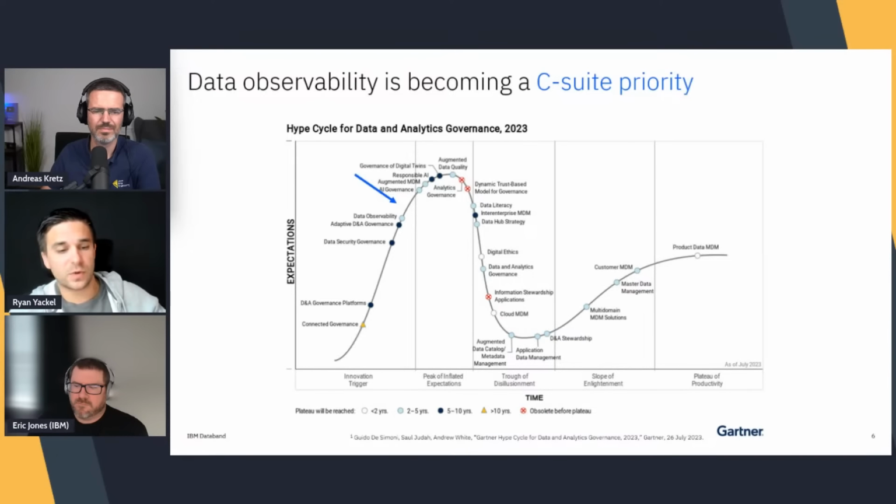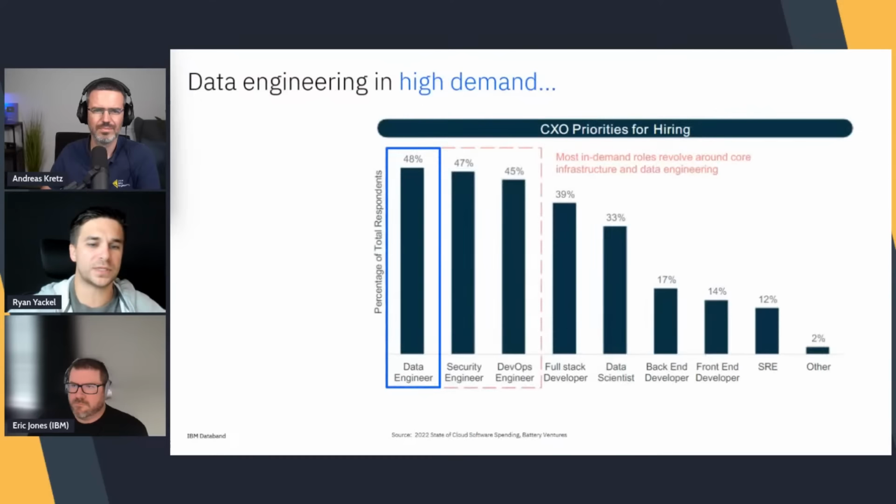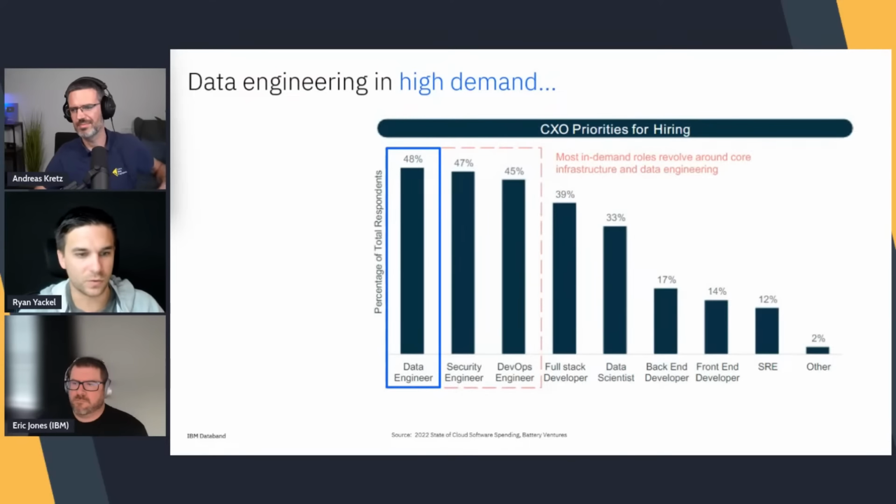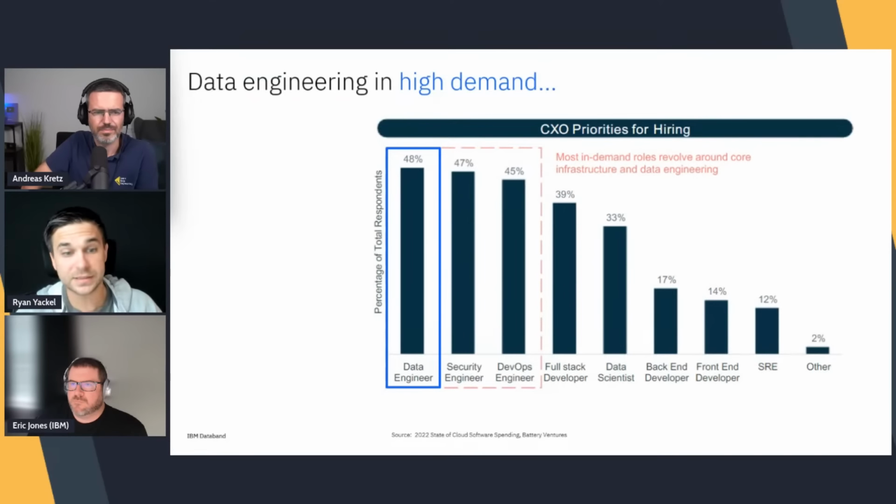And one of the reasons why we know there's an observability problem is because there is a lot of focus on data engineering that's in high demand. This is a report from the State of Cloud Software Spending by Battery Ventures, and you'll notice that back in 2022, the highest priority for CXOs to hire was a data engineer. It was even higher than a security engineer and a DevOps engineer, which is very interesting. Wow. And why is that the case? Why are we getting so much focus around data engineering being one of the top, if not the top priority